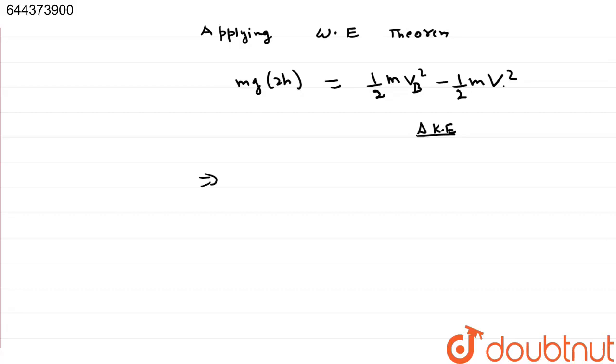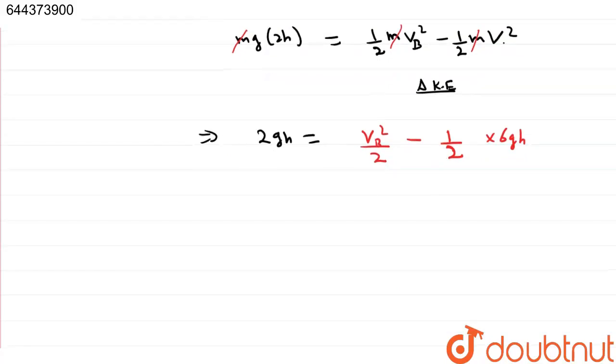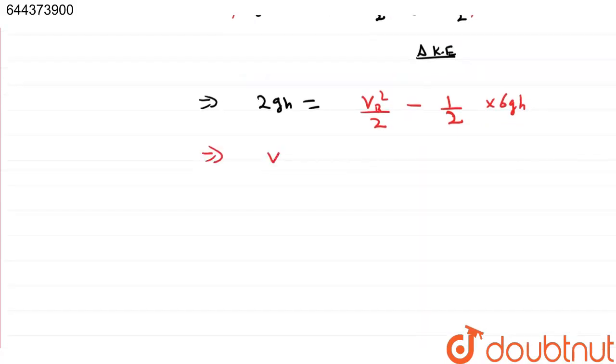So it will be 2gh is equal to vb square upon 2 minus 1 by 2, because m got cancelled from both sides. And what is v? v is root 6 gh, so it will be 6 gh. m is cancelled. Now we get vb square is equal to